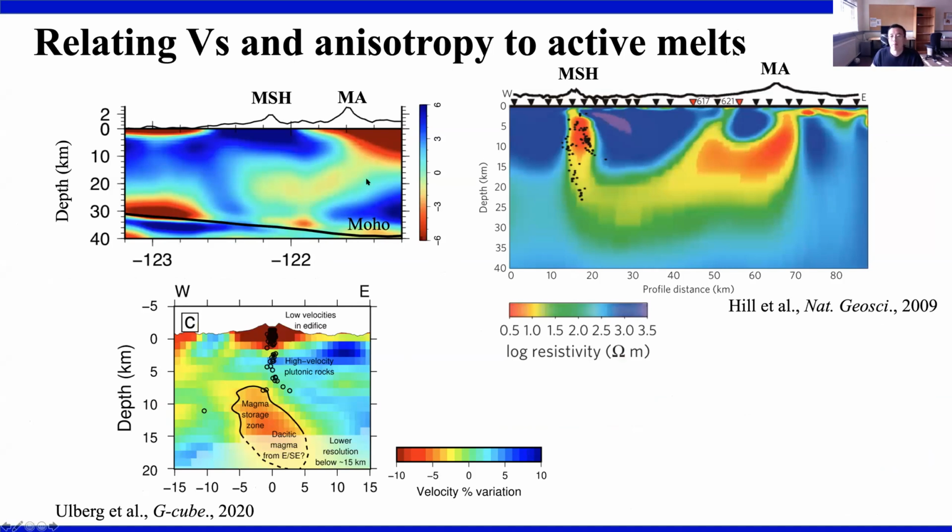So here's the isotropic velocity plotted as a perturbation. If you compare it with the MT results, in this case the red region is illustrating very conductive regions like melts or fluids. So generally you see very similar features. Just for your note, they actually plotted in a slightly different scale, so it's probably not very easy to compare directly, but that's actually a similar depth of this